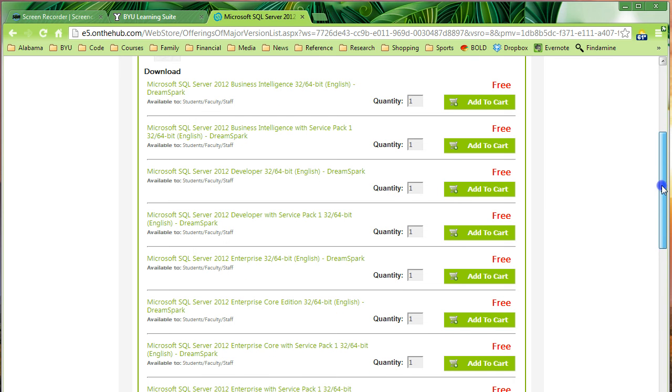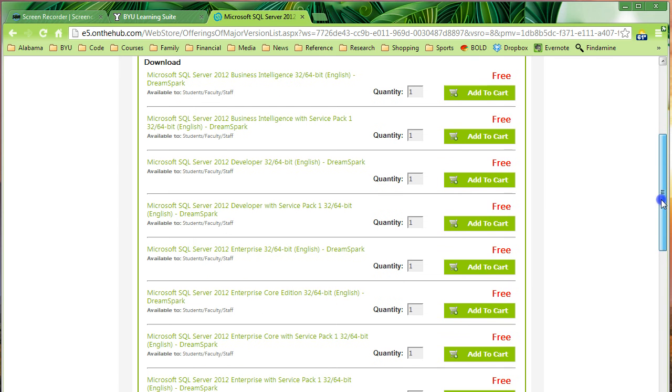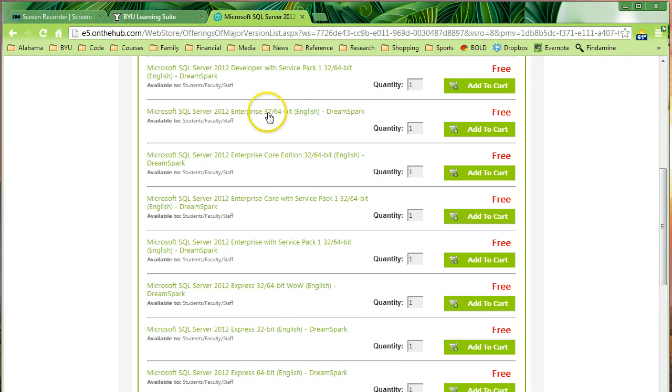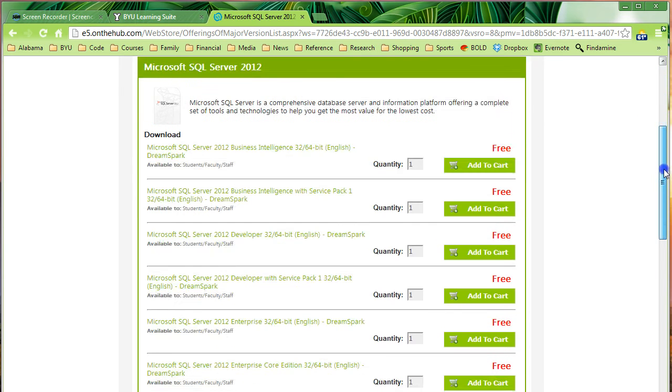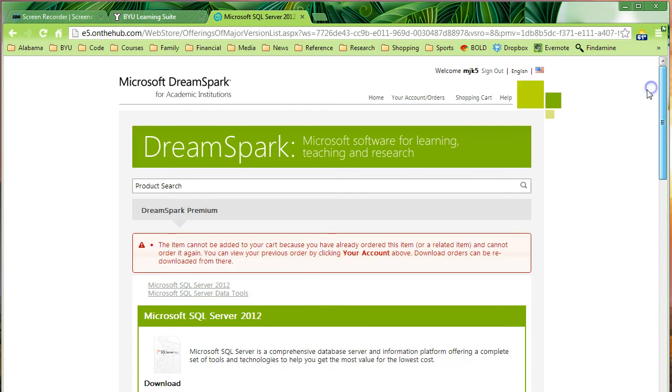Lots of different versions. Many of them will work. For those of you especially that might go on to the IS program, I'd recommend just sticking with the full version, Microsoft SQL Server 2012 Enterprise 32/64-bit. So add it to cart, and I've already done that, so it's going to give me a little error message saying you've already got it in your cart. But you guys go ahead and check out. Once you're done,